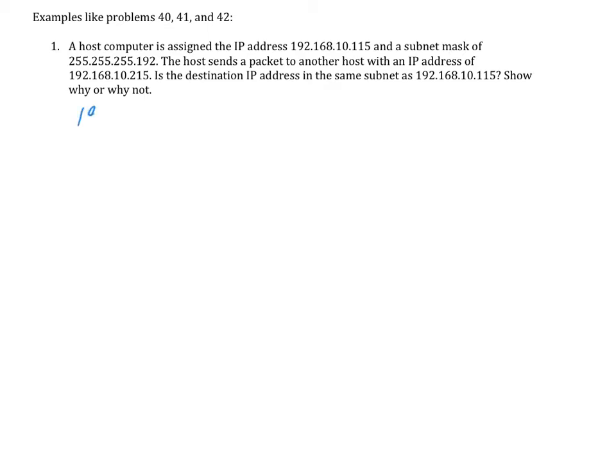The first thing I'm going to do is notice that 192 implies that this is a Class C network, and that implies that the number of network bits is 24, the first 3 octets. 192.168.10. But when we have this mask, 255.255.255.192,